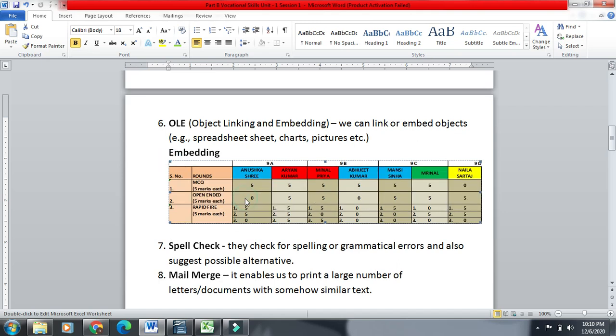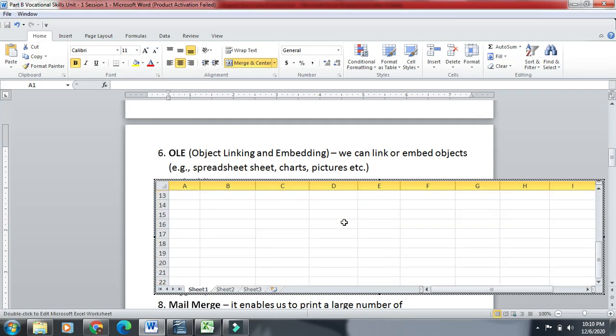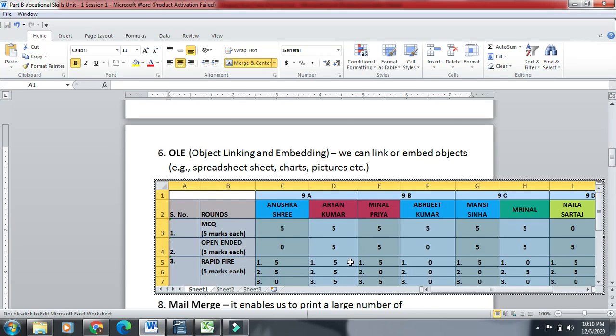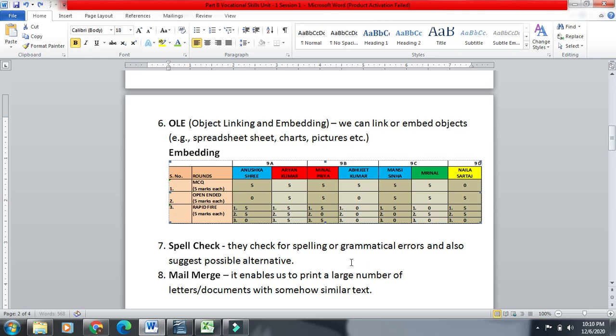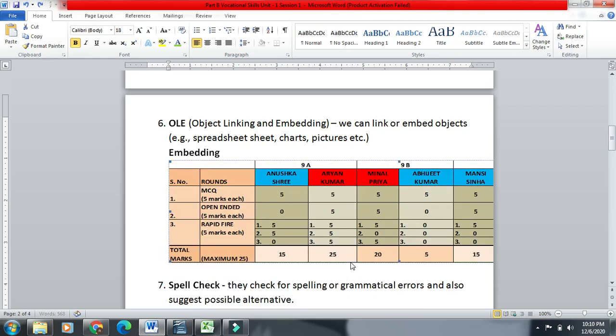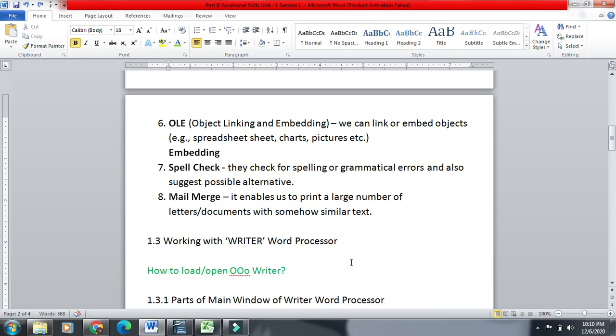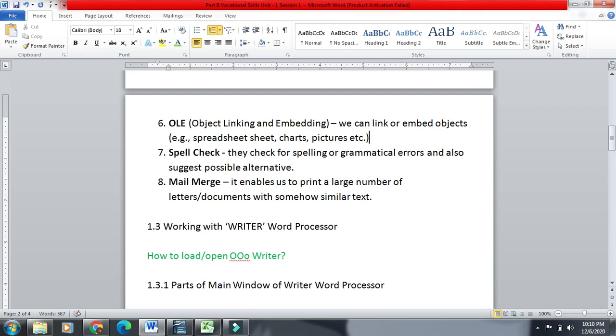You can see it is actually available, which means it is totally working. So we have right now embedded one Excel sheet inside our main document. This is called embedding. So there are two things which we can do, and these things are not available in